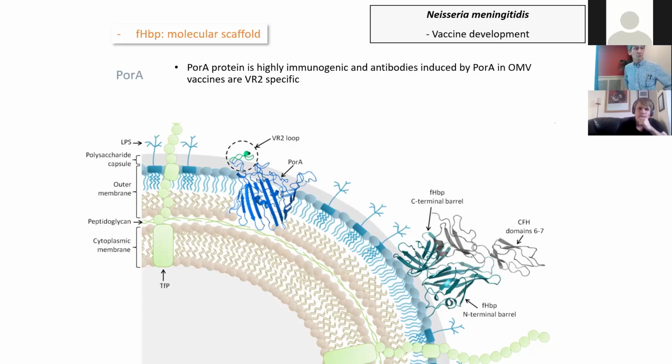These are difficult to express because they are lipophilic, hydrophobic in nature. They have to exist in the hydrophobic environment of the outer membrane. But there are known surface loops of PorA which are highly immunogenic, in particular the VR2 loop, which has been shown to be the sequence most important for immune responses when OMV vaccines confer